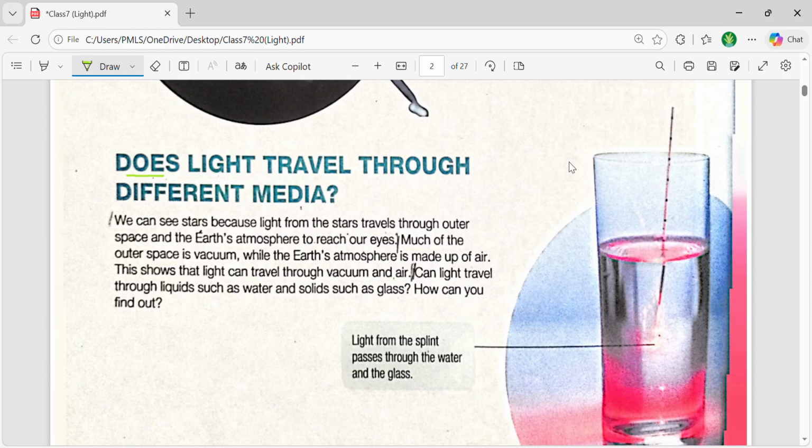Next, let's talk about the question: how does light travel? As you are fully aware, we did the chapter on sound, and in that chapter we did some experiments relevant to sound, how it travels, and we came to the conclusion that for sound waves to travel, they need a certain medium. But I want to ask a question: does light also need a certain medium?